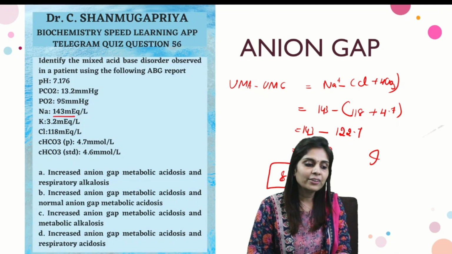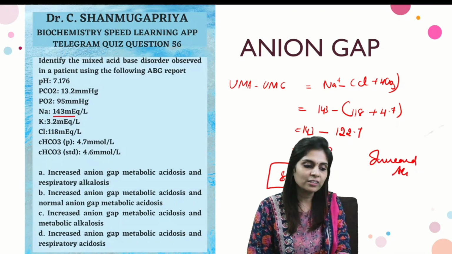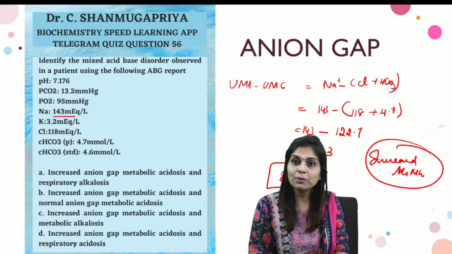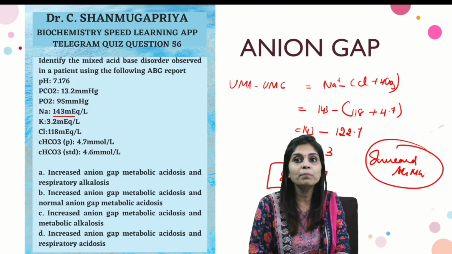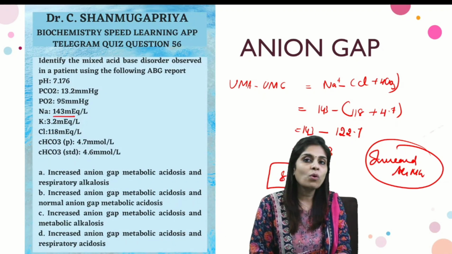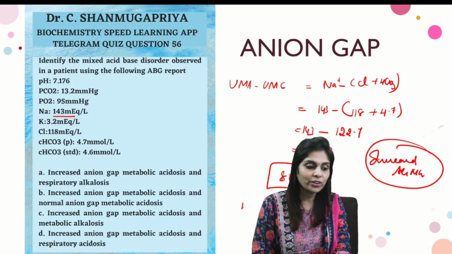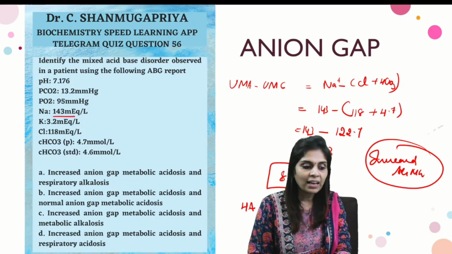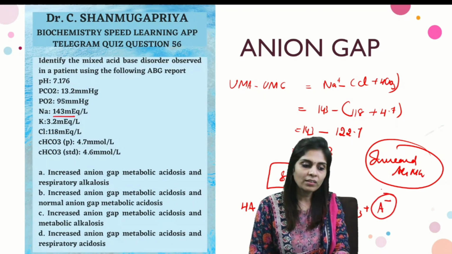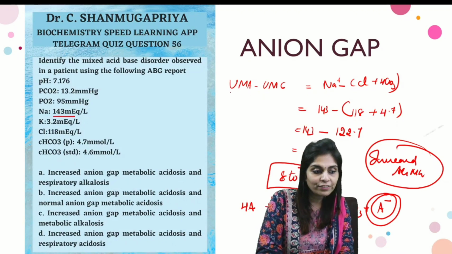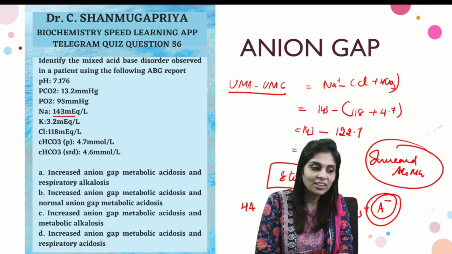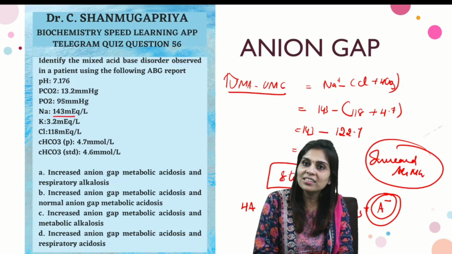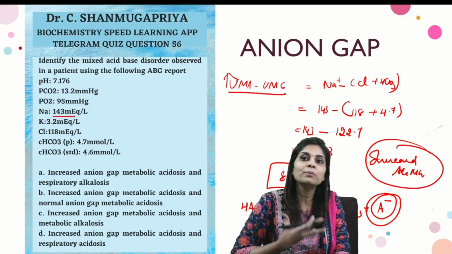So it's clearly a case of increased anion gap metabolic acidosis, which means this is a case of metabolic acidosis that is caused by the production of an abnormal acid. Reason being, whatever may be the abnormal acid that is generated, we are going to represent that acid as HA. That would react with bicarbonate, causing a reduction in bicarbonate and causing a metabolic acidosis. And in this way, it generates an unmeasured anion. And because anion gap is defined as a difference between unmeasured anion and unmeasured cation, in this case, do you see that unmeasured anion concentration increases, which means anion gap is going to be elevated.